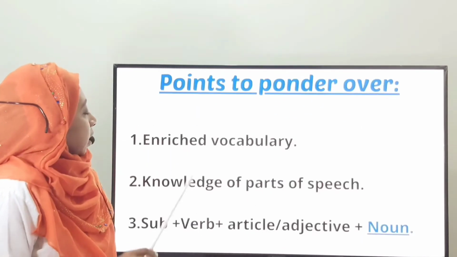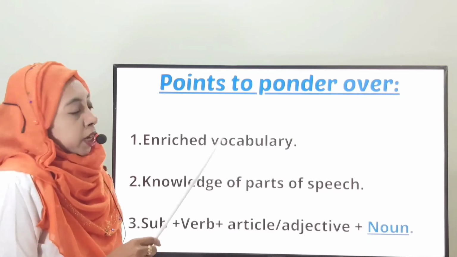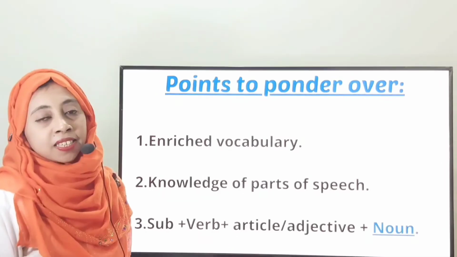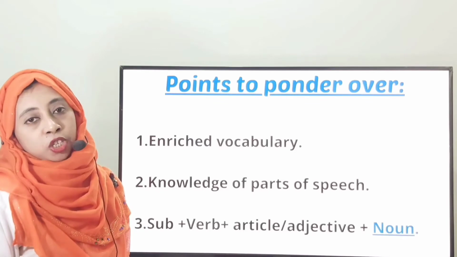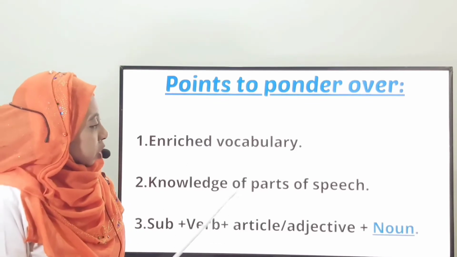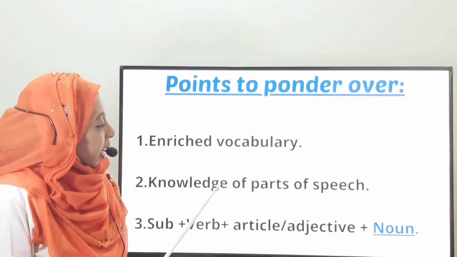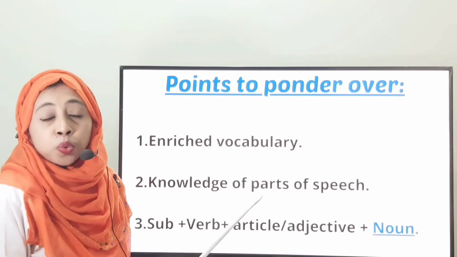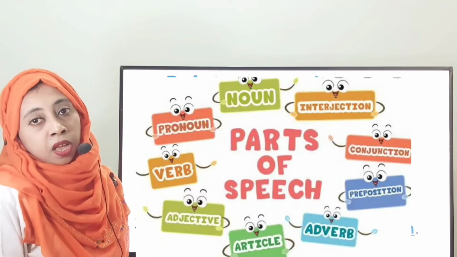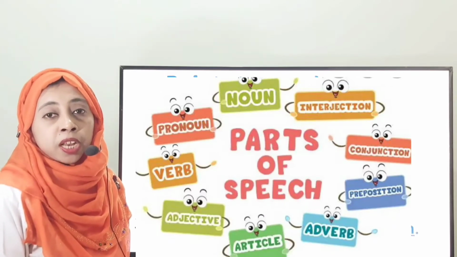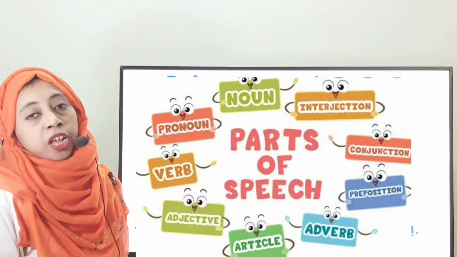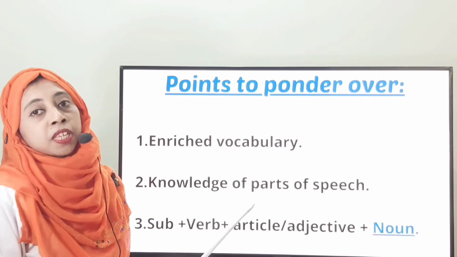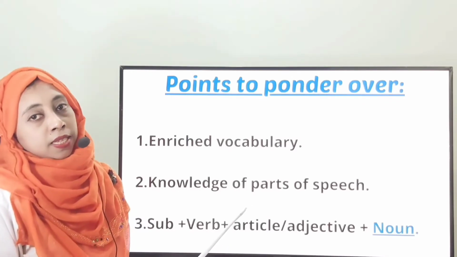First one, enriched vocabulary. That means you need to have a huge vocabulary for answering suffix and prefixes. The second one, about the position of parts of speech. You know, the knowledge of parts of speech and their position is the main and important issue in this respect. You have to identify the words, which words and their position in the sentences. For that, you must have conception about parts of the speech that are used as base words in a sentence. You have to know where those parts of the speech are available or placed in a sentence.